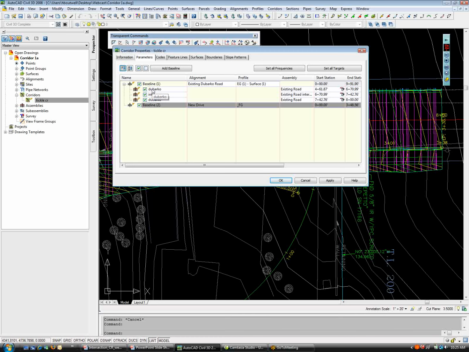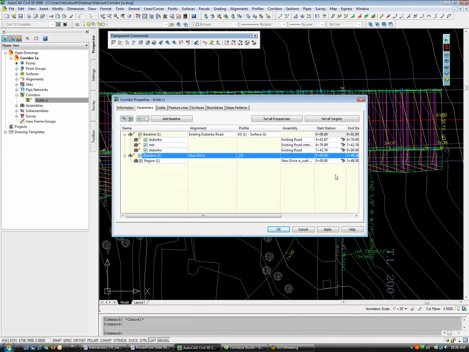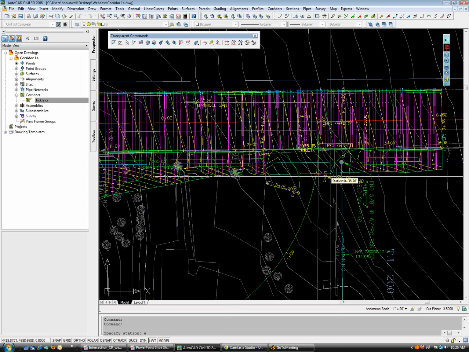So I'm going to add some regions just like I did up here. I'm going to right click and add a region. My first region, I actually had to think this through, is my new drive with wall, a half street section. So I'll hit OK. And instead of starting at 0, which is the center line right there of existing Dubarco Road, or starting at the intersection here, because that really pertains to this curb return profile on the east side, I'm going to start right here at the end of this curb return. So I'm going to grab, with my arrowhead, the end point